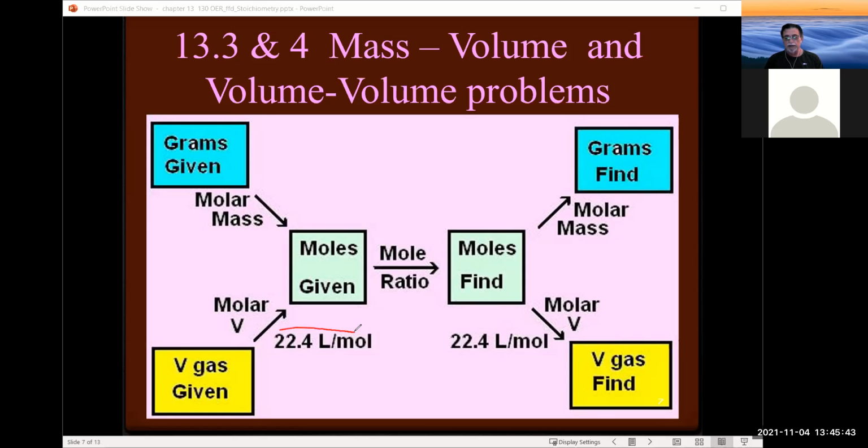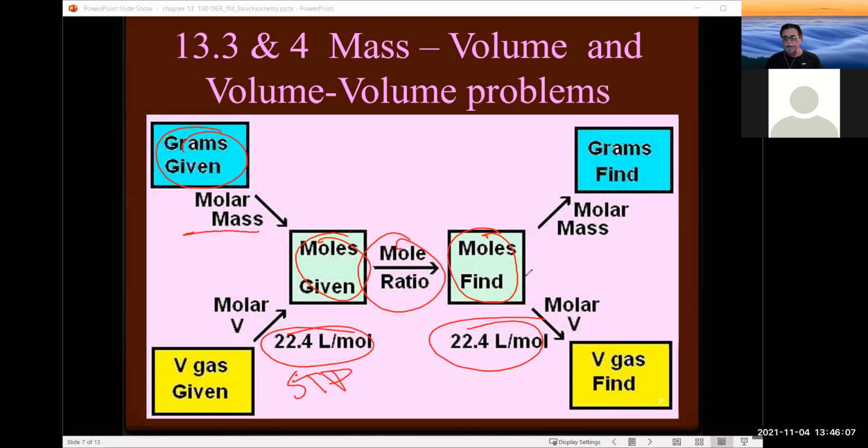Also remember that if we are at STP only, okay, we can go into volume. If we're given grams of some material, and we've got its molar mass, and that gives us the moles given, and then the balanced chemical equation converts us to what we're looking for,